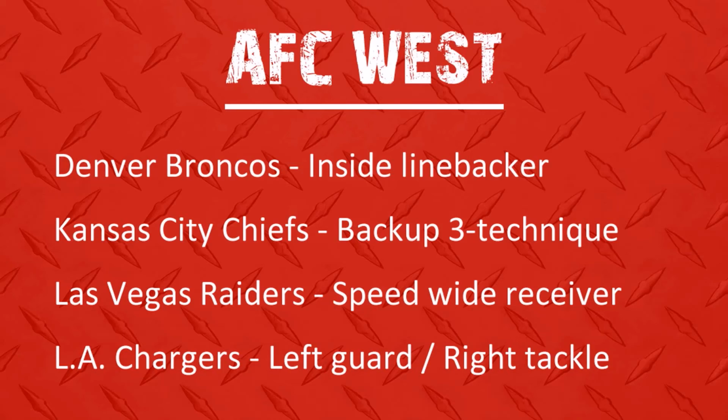So considering Brandon Staley coordinated the league's number one defense with the other LA team, with arguably an even or better talent level outside of Aaron Donald, I expect major improvement from that unit. So my focus is almost purely on the offensive side of the ball, where they need to do a better job of